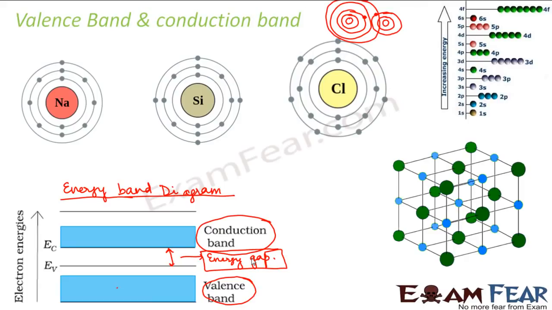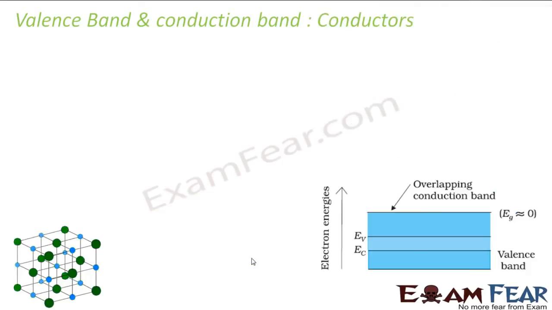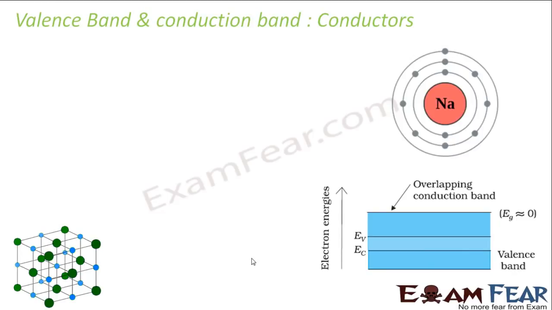That means the atoms are arranged periodically. So the distance between each of the atoms follows a particular specific pattern. So that is why we will talk about crystals in this case. So let us talk about the conductors, and we will see what the energy band diagram of a conductor looks like. Now when I talk about sodium,